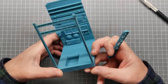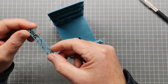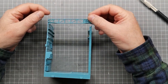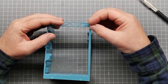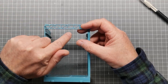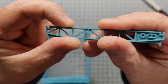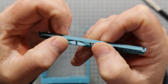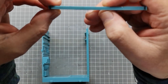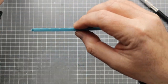So for the lighting above, this thing doesn't have a roof as such. All it has are these girders that go in place. Put it like this, it might be easier. They sit like that, if I just hold that in place. And it'd be nice to have something underneath here. I think this is too narrow to drill a channel in to run any wiring, because I know I want 2 LEDs in here, so I think that's going to be too narrow to drill a trench through. So I think what I'll do instead is